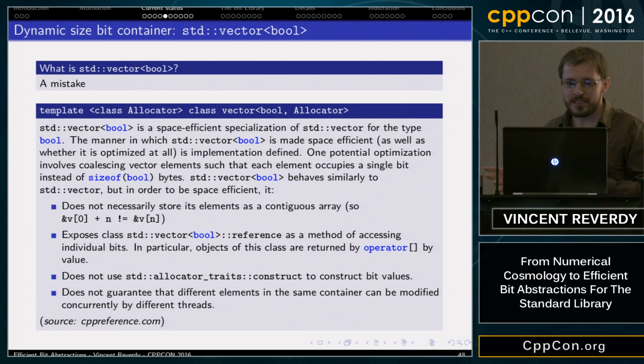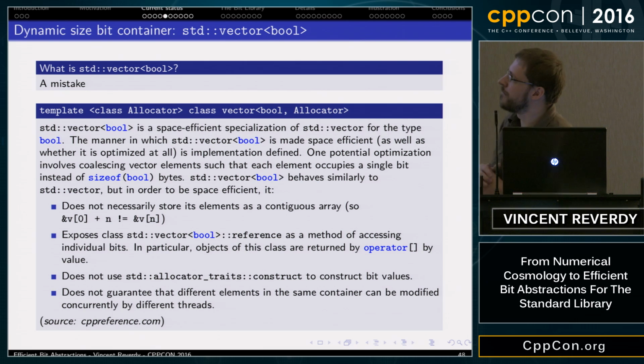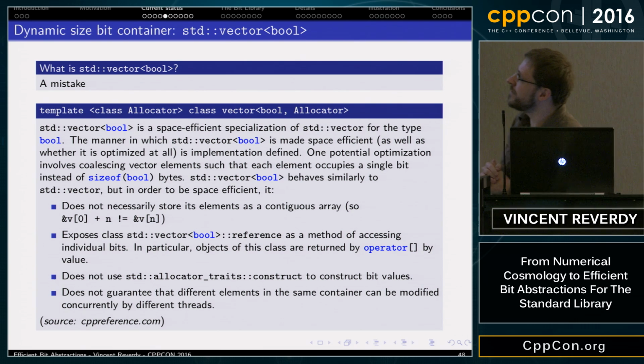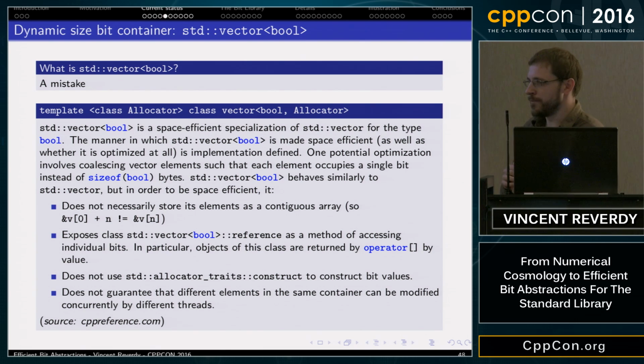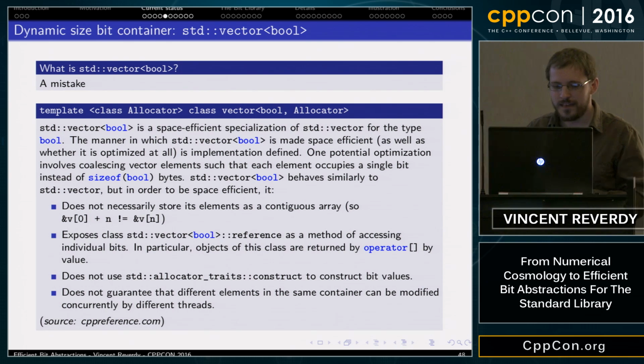One potential optimization involves coalescing vector elements such that each element occupies a single bit instead of sizeof(bool) bytes. Vector bool behaves similarly to std::vector, but in order to be space-efficient, there are four things now. It does not store its elements in a contiguous array, which is completely different from the standard vector.